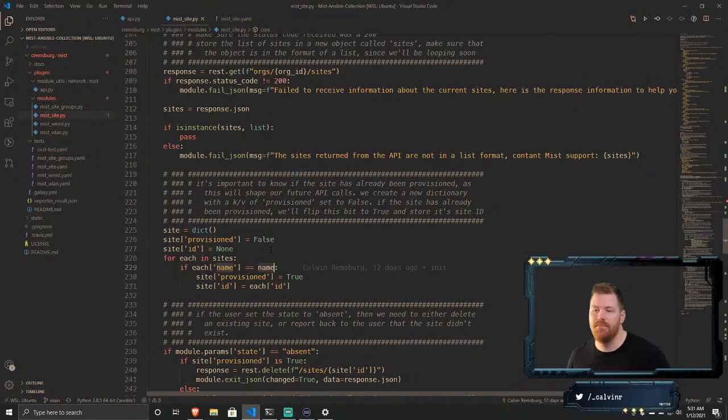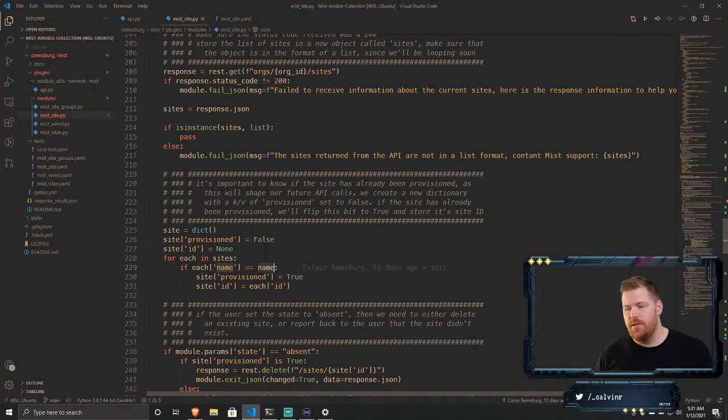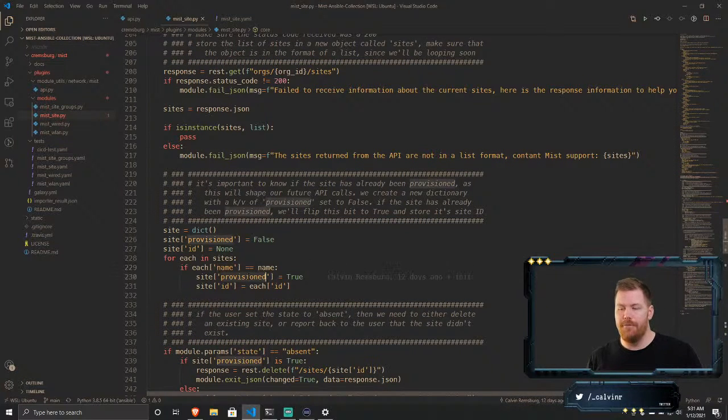If it is, then go ahead and flip the provisioned from false to true and set the